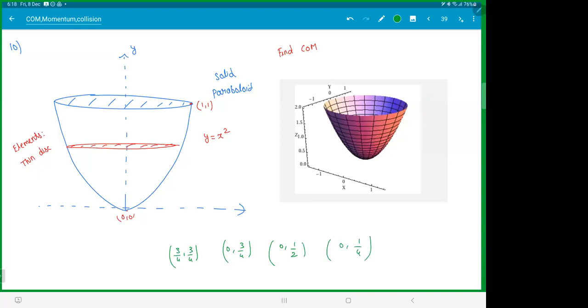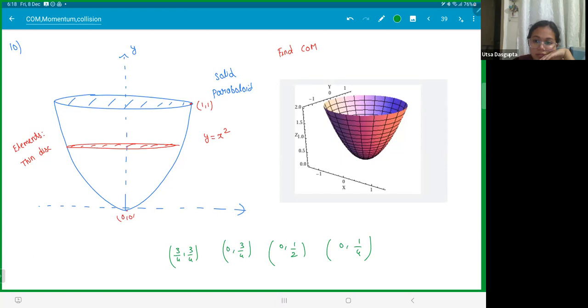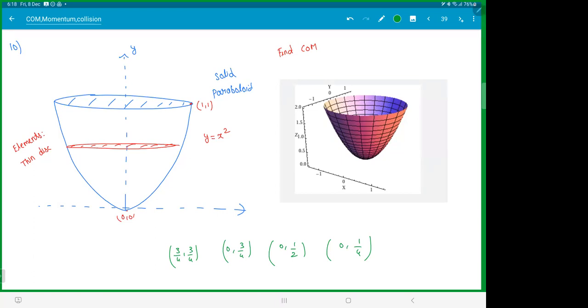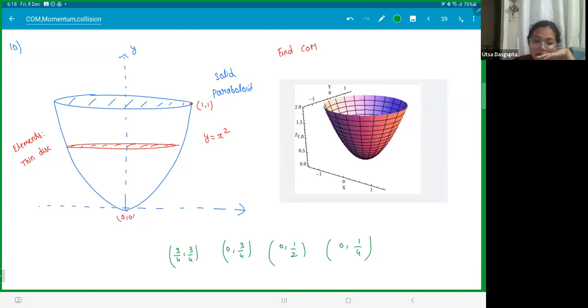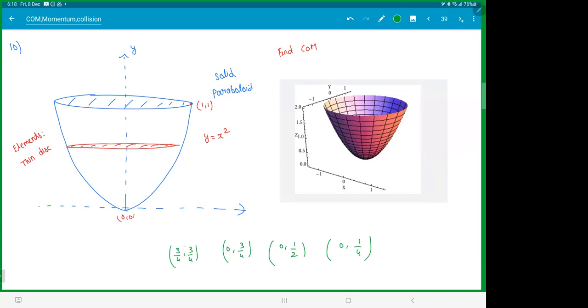If these are the options, can you guess which are wrong? The first one is wrong. Why? Symmetric. Symmetric? Complete? Sir, if we look by symmetry, it should be along the y axis, so you're wrong. Yeah, okay. Then